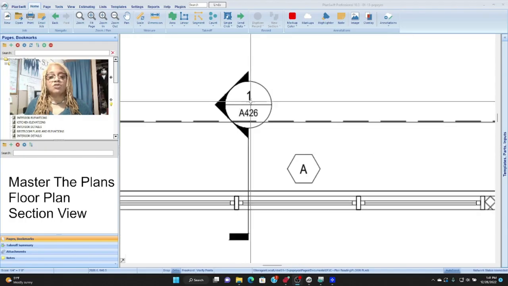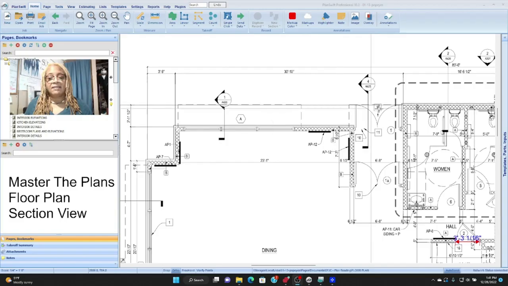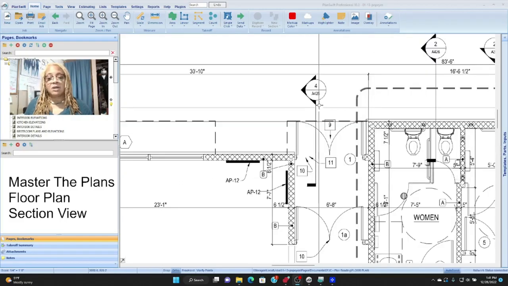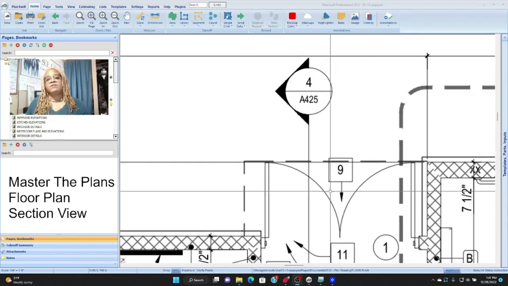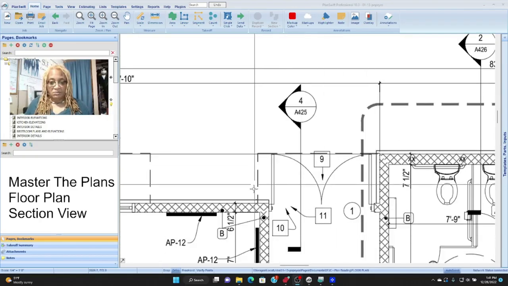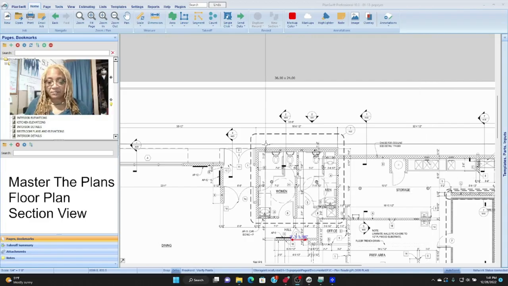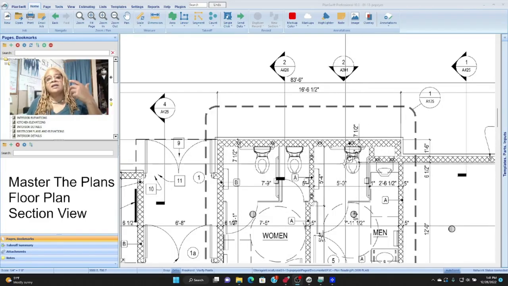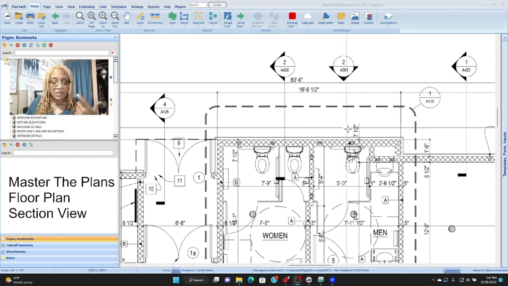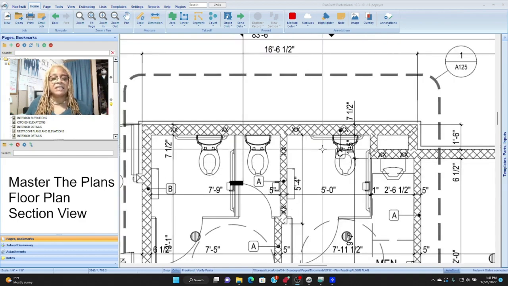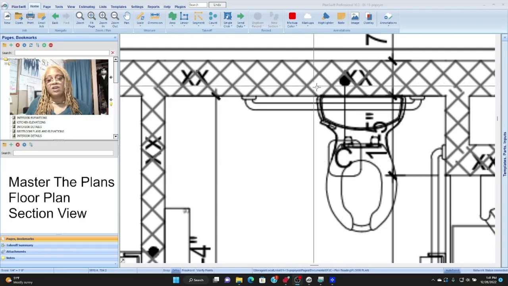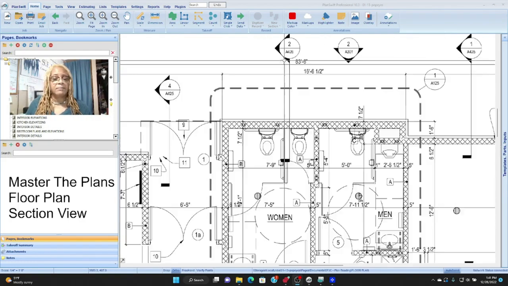So I'm going to go to image or picture number 1 on page A426. And then they have another one here, image number 4 on page A425 at the double doors. So the architect is saying if you want to know the construction at the door, then you're going to go to that section view and all the way around. If you want to know what the wall at the rear of the bathroom is, and those are, I believe, wall C's, and you can barely see that, you're going to go to image 2